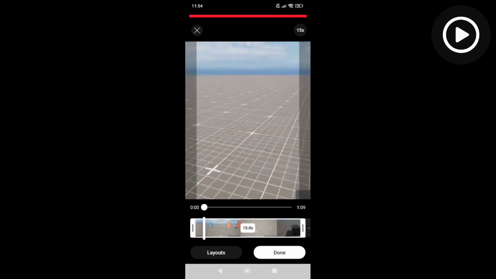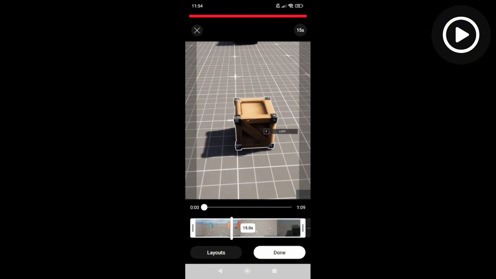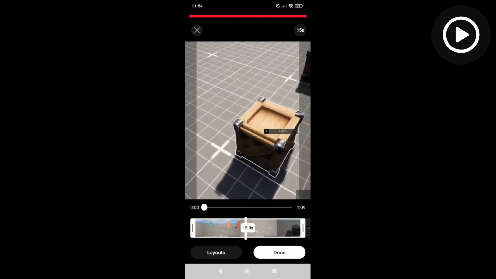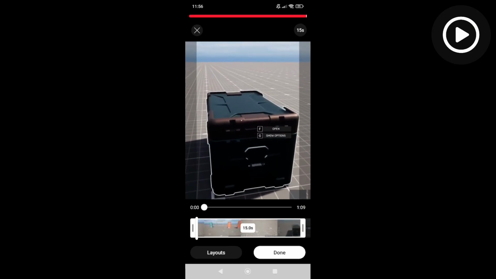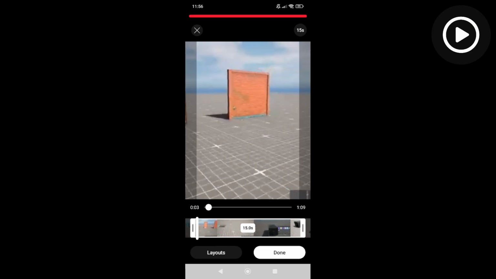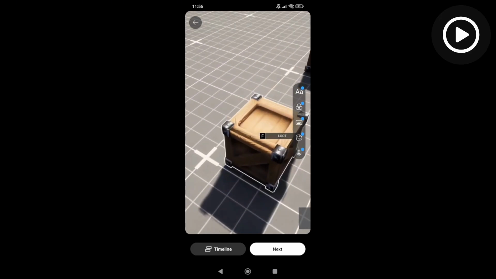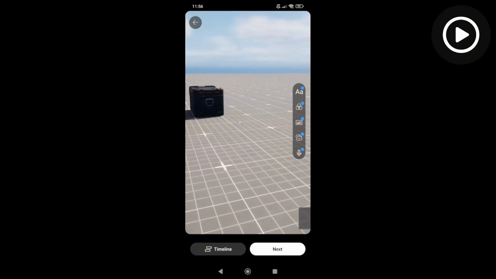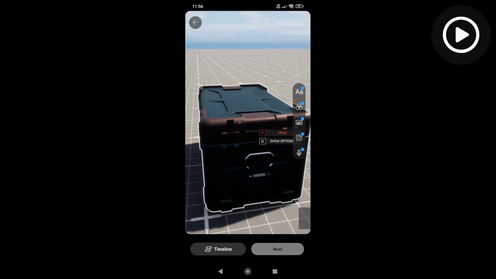And then you can pick a 15 seconds period or part of the video to display in the short. After adjusting this and you're happy with the result, you can press the done button and just wait for this to finish processing the short. And once it's done, you will be able to preview your short like this, and then you can press next,